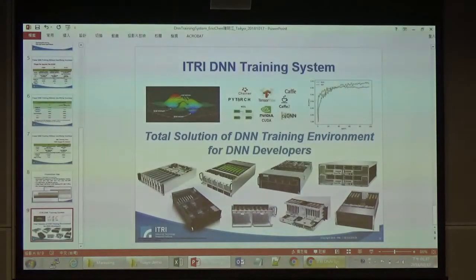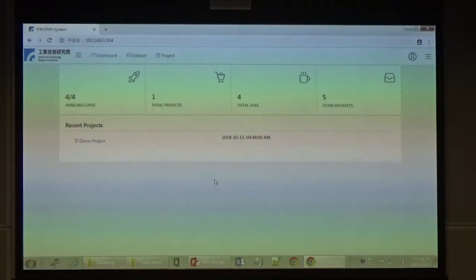So now I will do a live demo. Actually, we bring our GPU server here. There's another room called the demo room, and we power it on and do a live demo here. Because of the power capacity, we only achieve 4 GPUs now. In our web portal, we allow the developer to know how many GPUs are in this environment